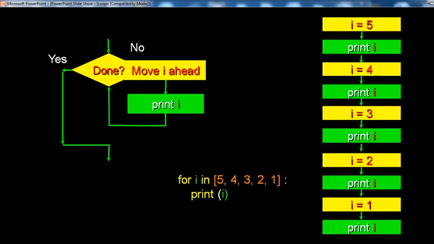Now how to execute that particular sequence? That is the first program: for I in 5 4 3 2 1 print I. First I equal to 5, print of I, here it prints 5. Then I equal to 4 print I, I equal to 3 print I, I equal to 2 print I, I equal to 1 print I. Every time print I checks the sequence value and displays it in this way only.